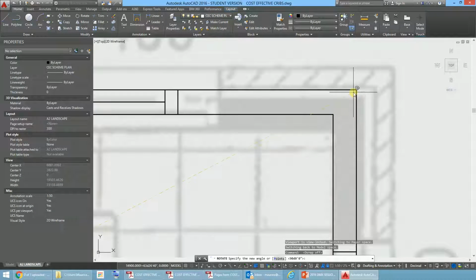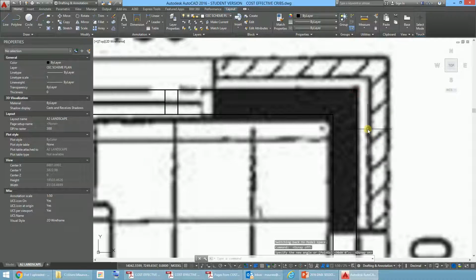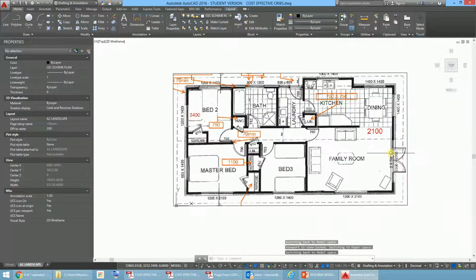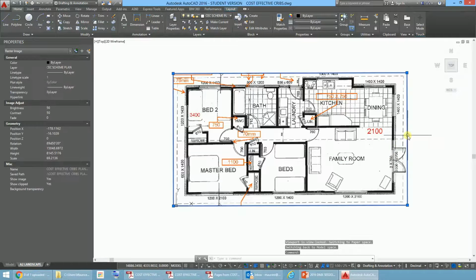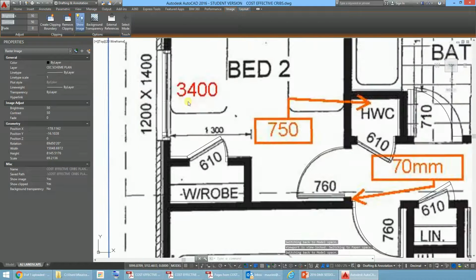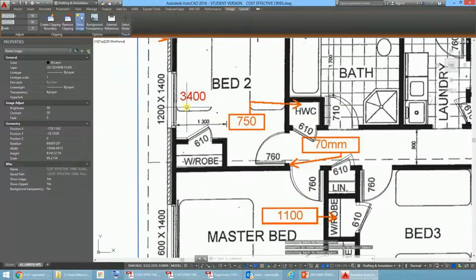Okay, and then I want to rotate that round to the point, so I'm going to turn the object snap back on, and rotate it round to that point there. And so that's sort of got the plan lined up. If we just go to the properties, we can see that the scale is 69.2136. It's got a little rotation on it, and if we just zoom in close, things are lining up reasonable enough,